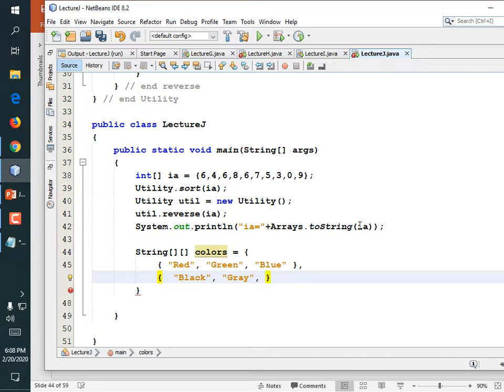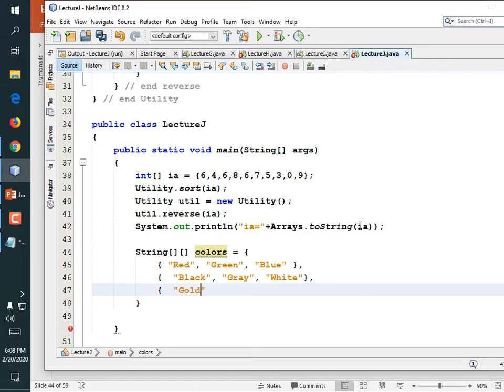"White", end curly brace, and that curly brace marks the end of that little subarray. So that marks the end of that row. And one more, just for giggles. "Gold", comma, "silver", comma, "copper",